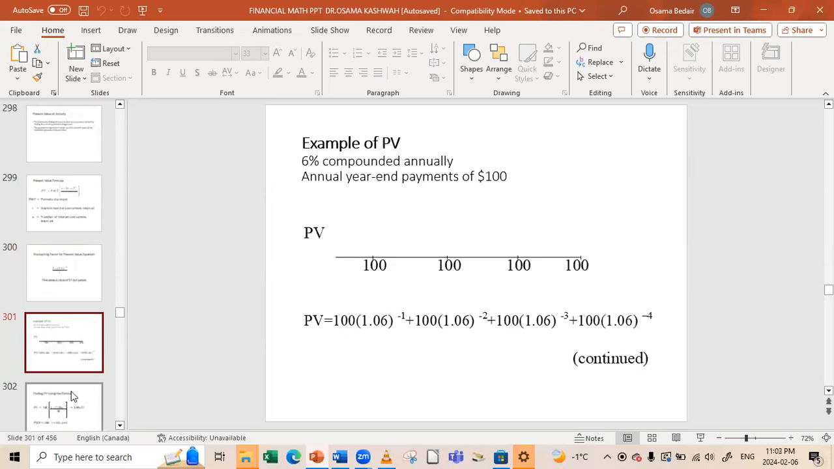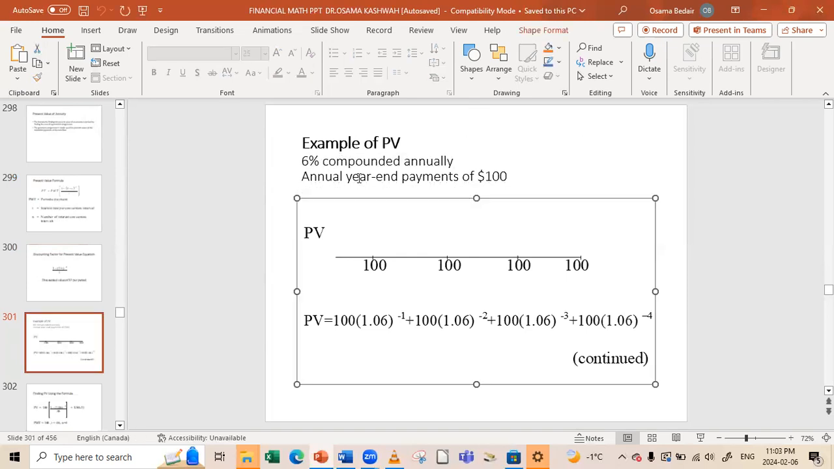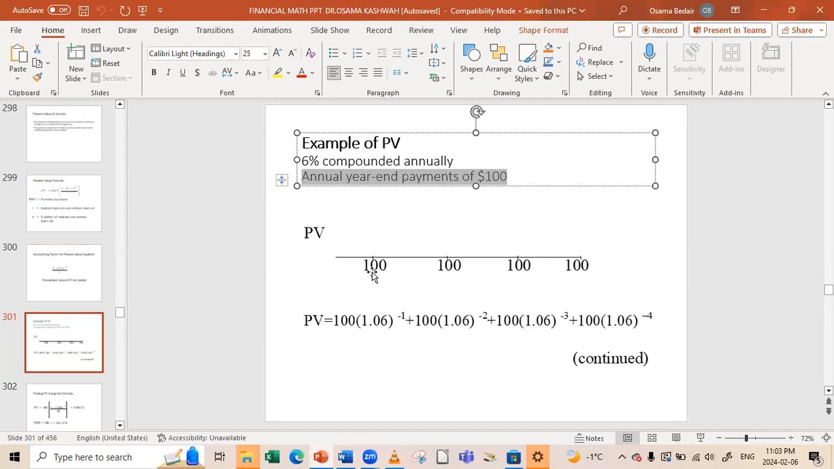Let's see an example of the present value. The compound interest is 6% annual, and the annual year-end payment is $100. So I'm paying $100 at the end of every year. For the first year, 100 multiplied by 1.06 to the power minus 1, plus the second one to the power minus 2, and the third one. I want the values of these amounts right now, the PV, the present value. For that reason, it's with a negative